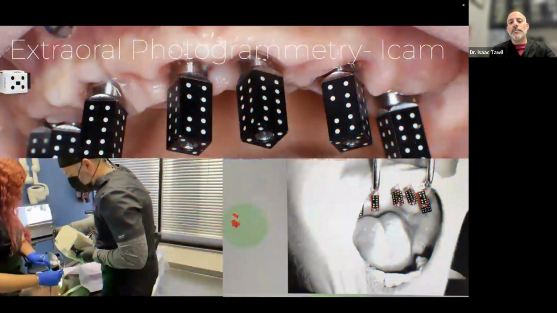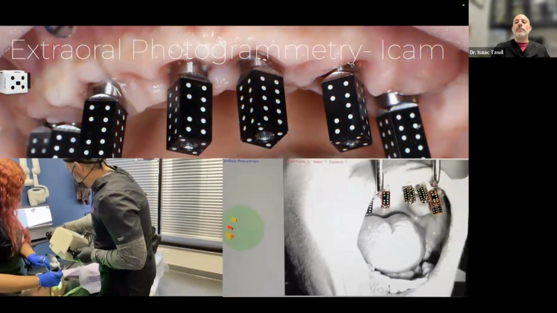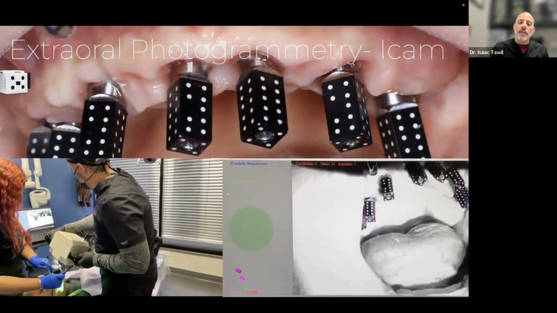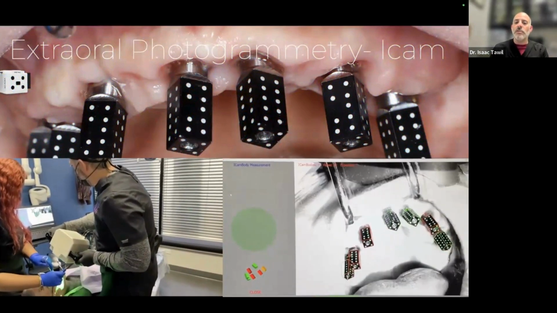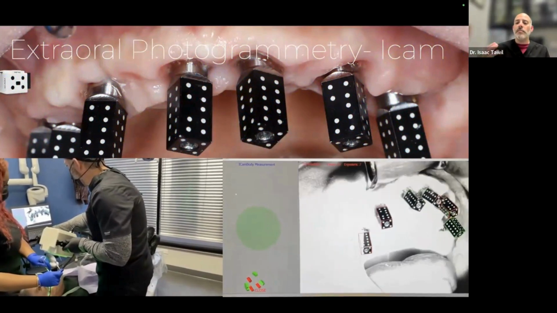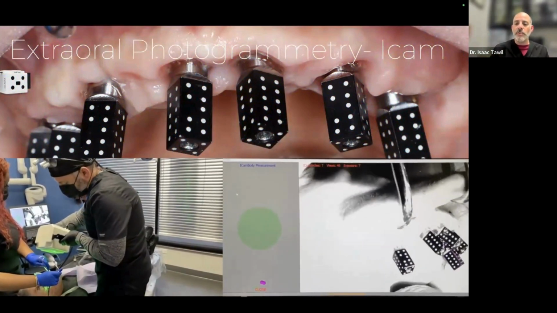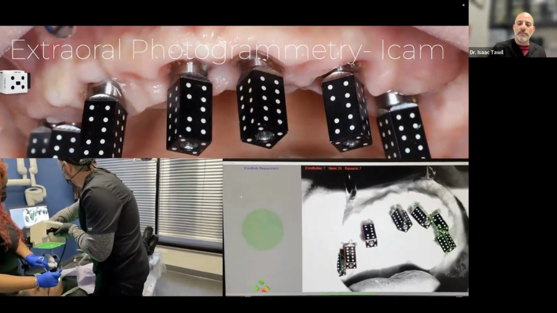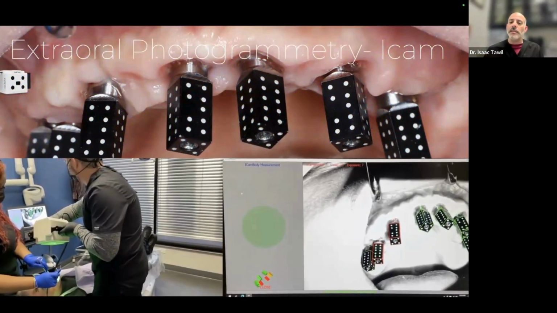So with the photogrammetry here, as we're capturing, you can see here we're on the extraoral positioning, and we're getting that known data. It will turn green once you know that you are successful. In other systems, it'll make a noise or a ding, and now you'll be able to overlap. But sometimes I have some trouble capturing that back implant you see on the left side, on the bottom right, but on the left of it. It's hard to align all that data together.